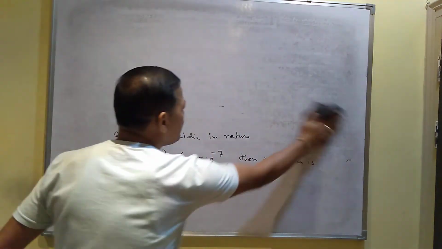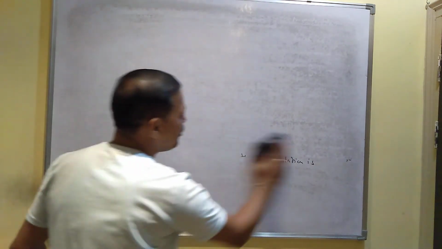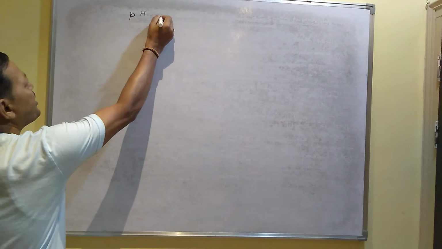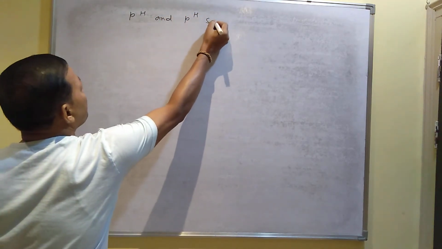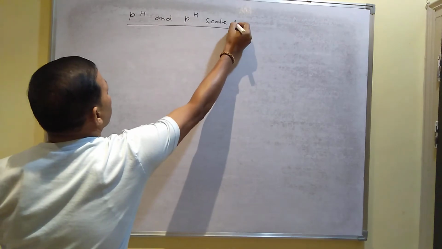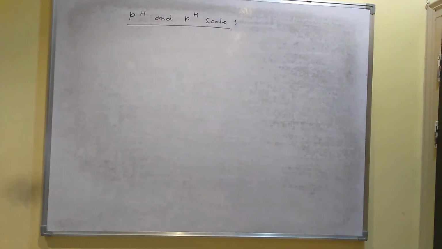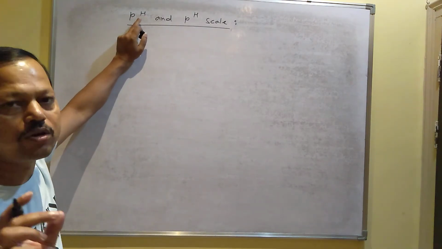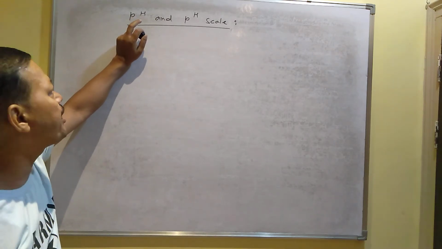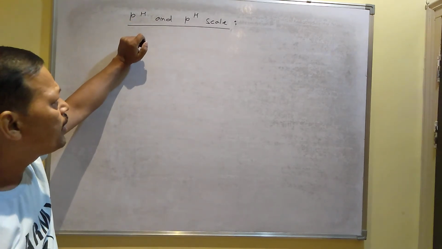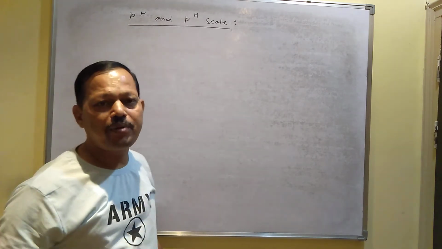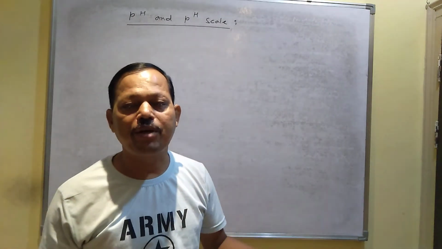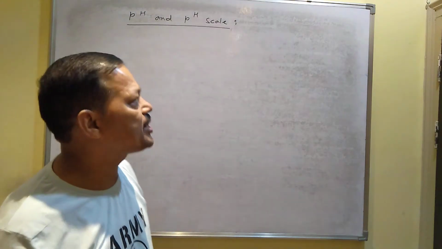Now, I will give you the concept of pH. As you have got pH, there is a scale which is called the pH scale. Actually P means power, H means hydrogen, power of hydrogen or potence of hydrogen. Potence is a Greek word, so that's why pH means the potence of hydrogen, I mean power of hydrogen. Actually there is a scale of pH. The scale of pH is from 0 to 14, and from that pH scale you can find out whether a solution is said to be acidic, basic or neutral.